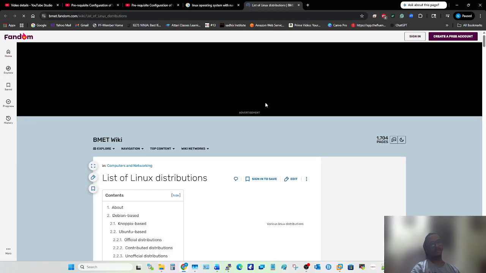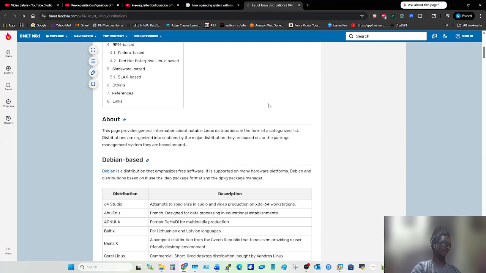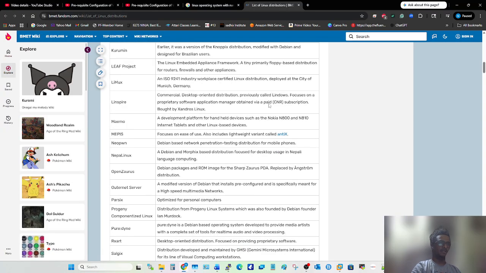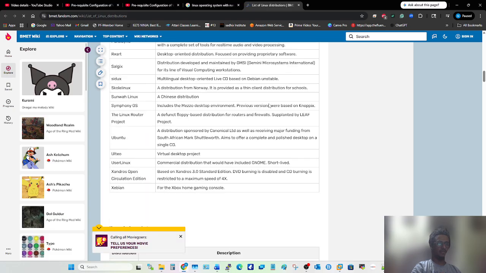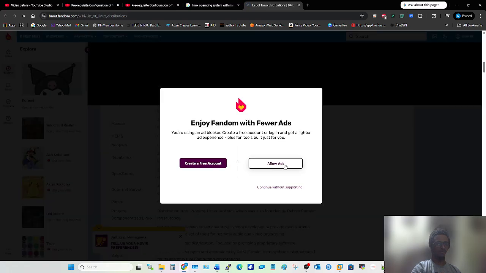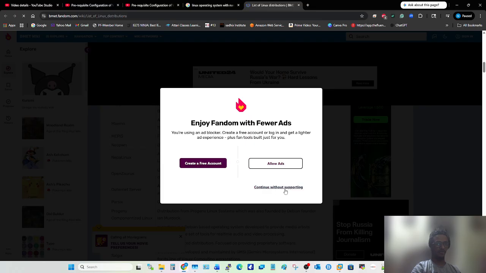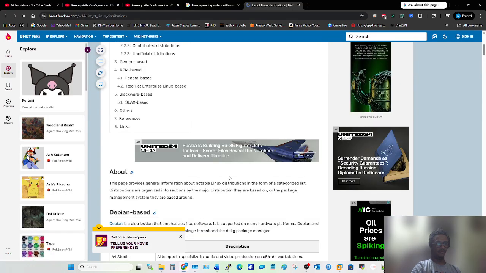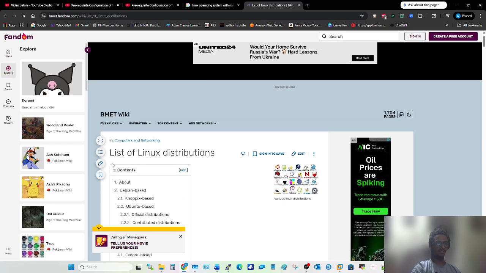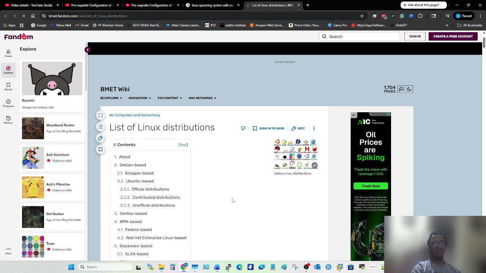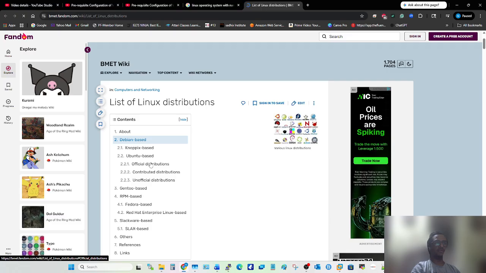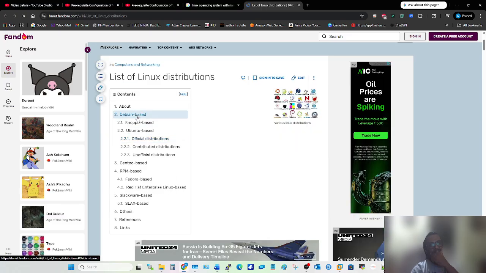These are just a sample, but these are the operating systems. There is a large number of operating systems shown over here. Let me show you. So this is the list of Linux distributions. There are multiple operating systems, so they become distributions now. So Debian based. Debian based means Debian is an operating system.